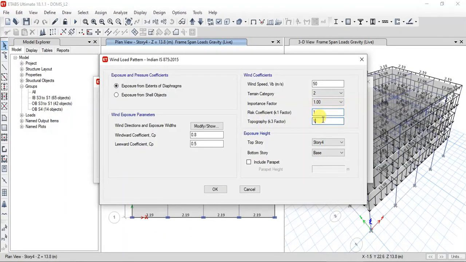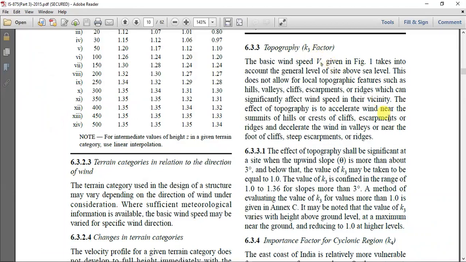And the topography factor K3, which is given here, for any structure with a slope of about 3 degree and below, the value of K3 may be taken as equal to 1.